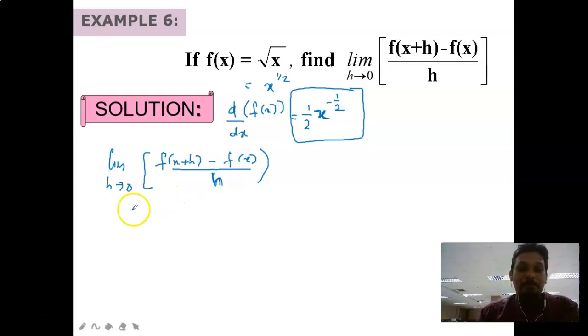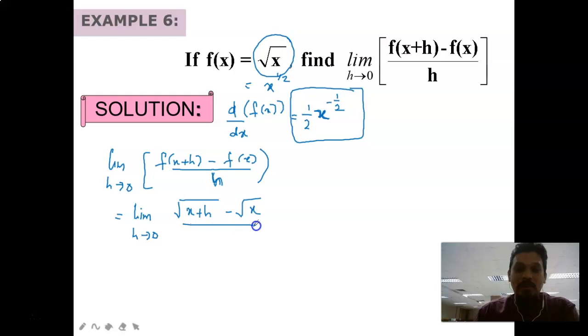Now look at the function f(x) here, the square root of x. So the limit as h approaches 0 of the square root of x plus h. Just imagine that we substitute x here for this function with x plus h. So x plus h, minus f(x), which is the square root of x,